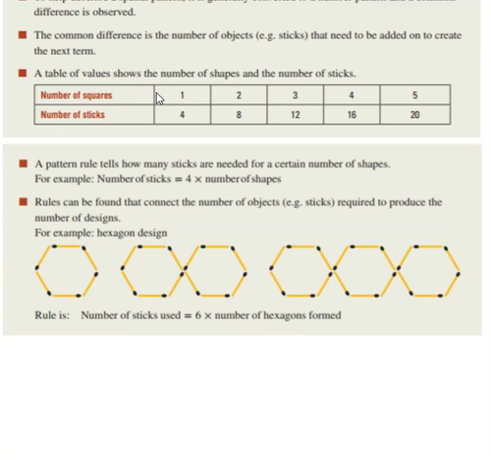Once we have got the numbers into a table, then we like to describe it in terms of a rule, or an algebraic expression if you want. So in the case of the one above, here's our table, and our rule would be the number of sticks equals 4 times the number of shapes. So for example, we've got one shape times 4, it takes 4 sticks to make that shape. If we've got 2 squares, 4 times 2 gives you 8, it takes 8 sticks